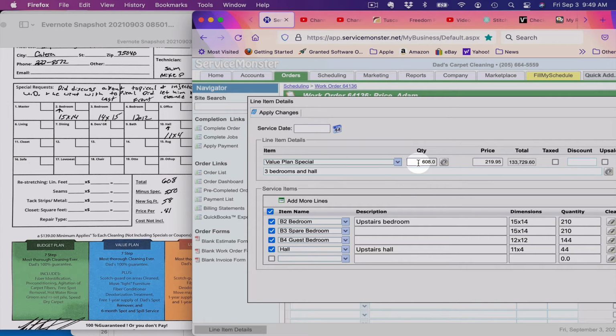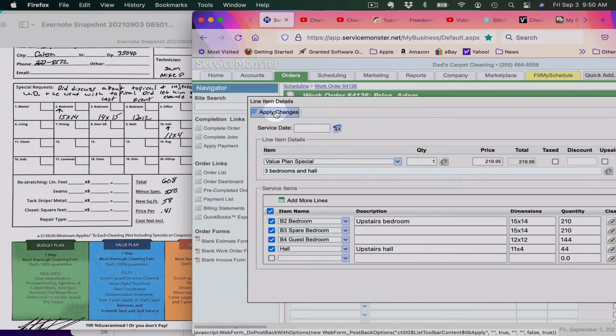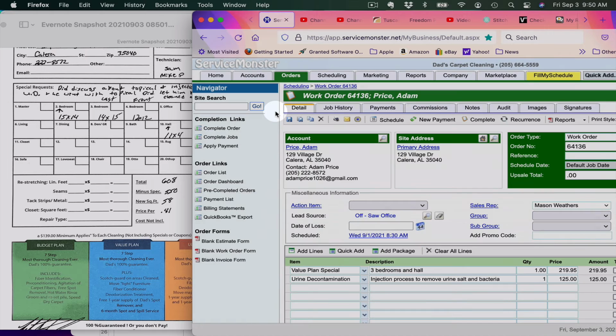But we did one value plan special at $219.95. What this is doing is it's taking the total square footage and multiplying it by $219.95, making the total an outrageous number of $133,729.60. So we can't put the total square footage in here. So you wouldn't hit the gear. You would just type in 1 for one special, click apply changes,